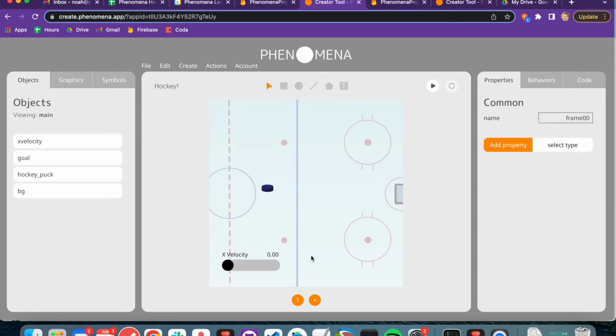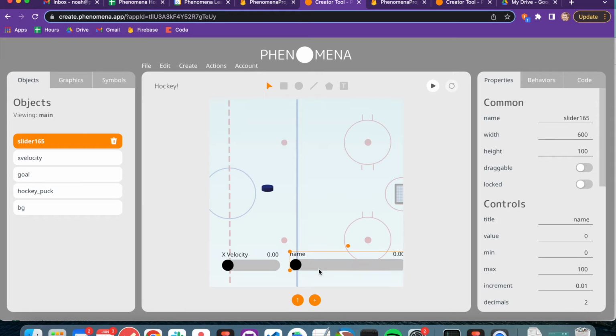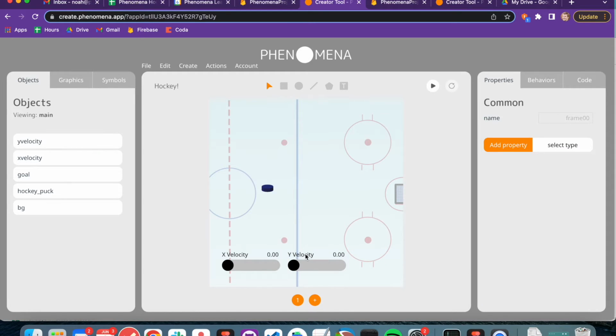So I'm going to call this x velocity. Wonderful. Okay, so now I'm just going to do the same thing again, except I'm going to make it a y velocity slider. And I'll make it 300 wide again. Y velocity. Okay, wonderful. So I have my two sliders now, and so next I'll add in a button,